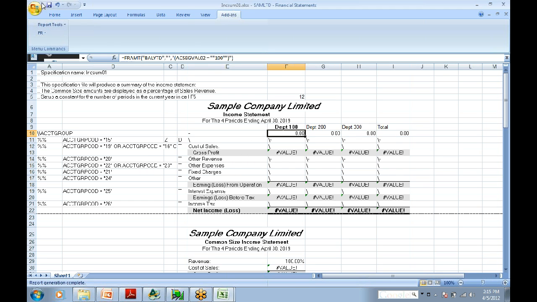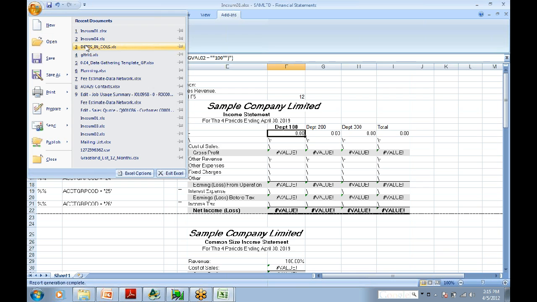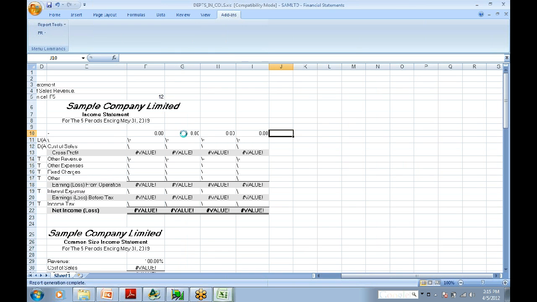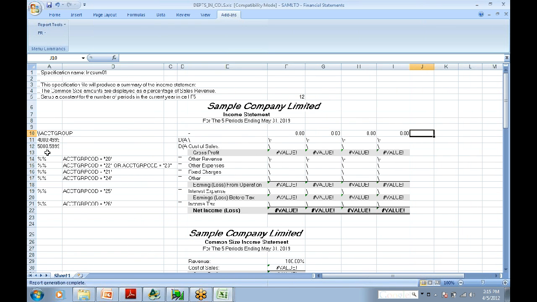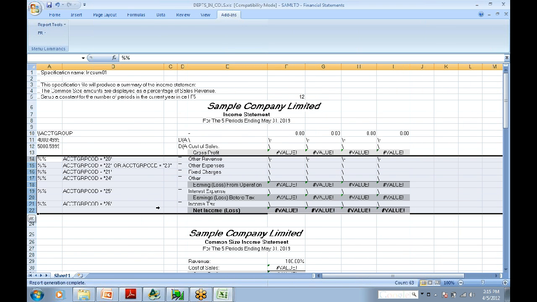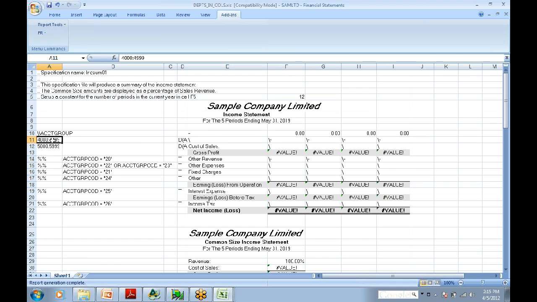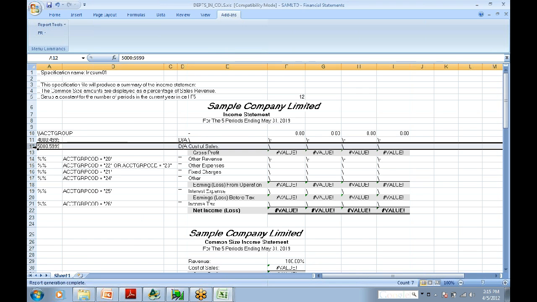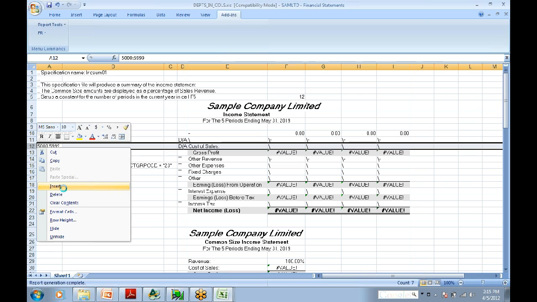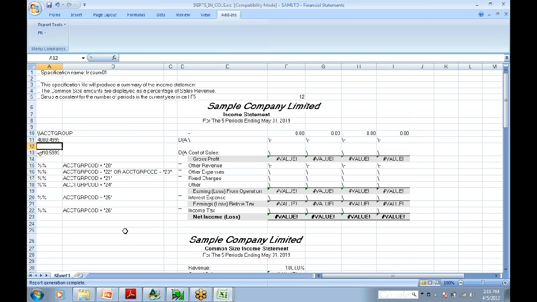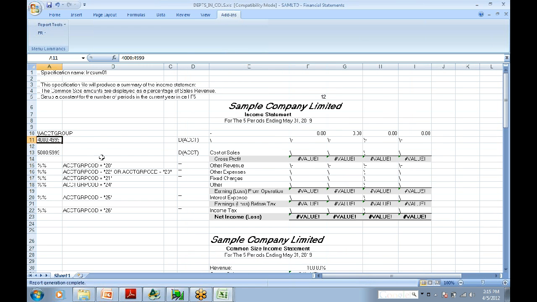Now let me show you kind of a shell financial statement. That is how most people will do financial statements for historical reasons, I think. And this right here you can ignore. We're going to look at these two lines right here. This is actually using account numbers on the column A, which you can certainly do. So this will give you all the accounts between 4,000 and